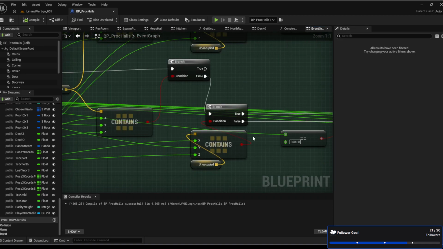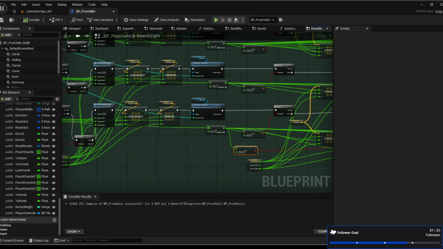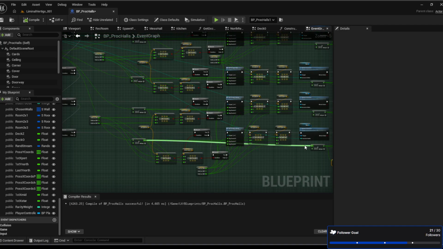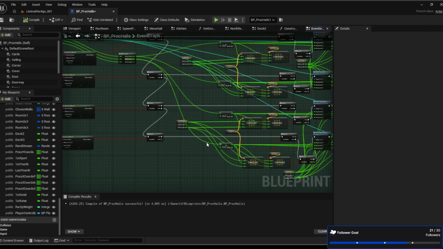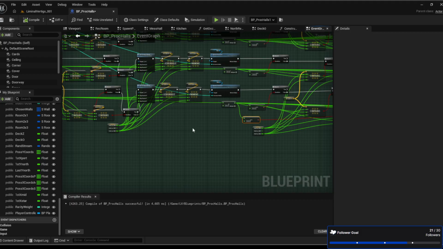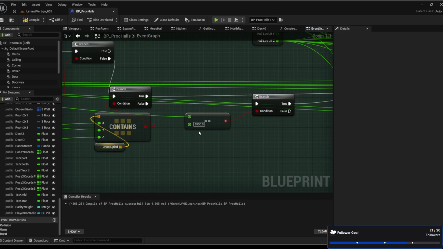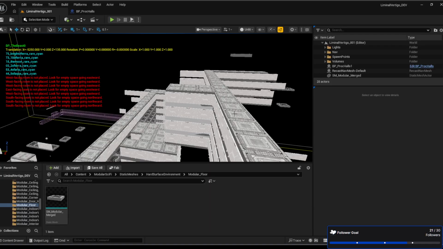This one only checks the. That's the Y. So it's checking the Y at 3,500,